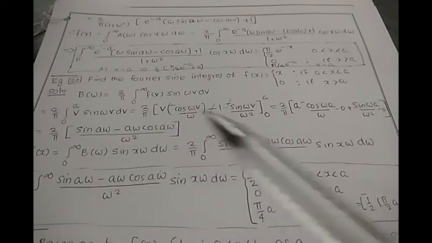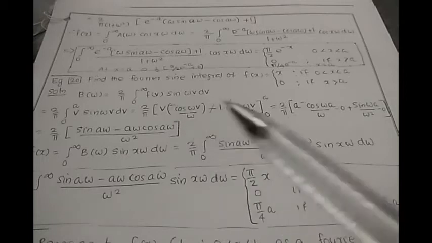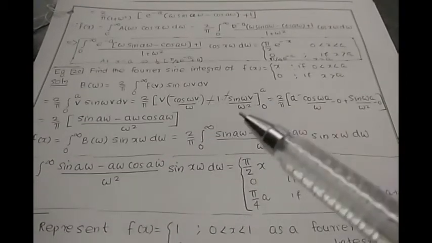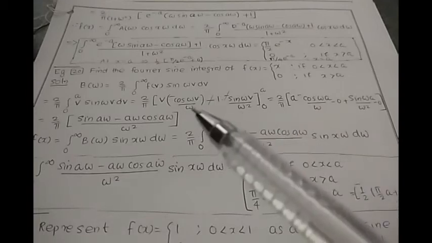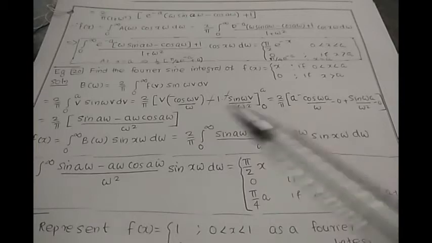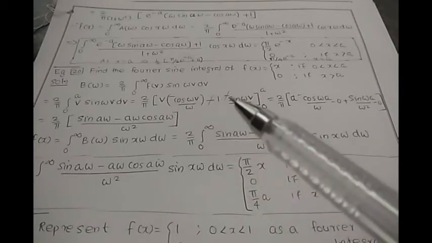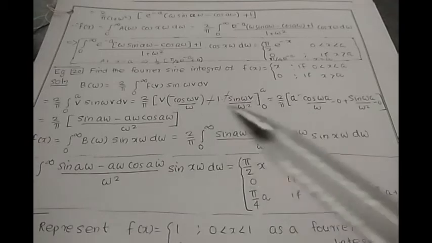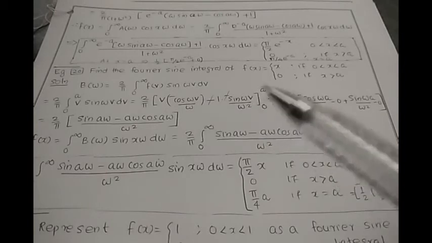of v, which is 1, integral, this minus I have written as it is, integral of cos omega v is sin omega v by omega square. Minus sin omega v, this minus is written here as minus, and integral of cos is sin omega v, and omega will become omega square when integrating the second time. Integral is from 0 to a.